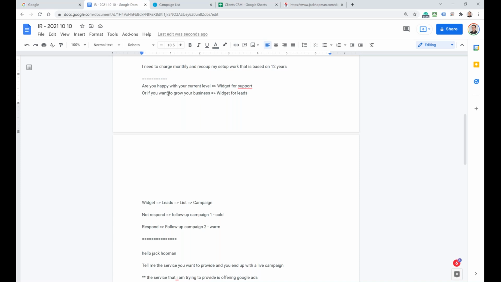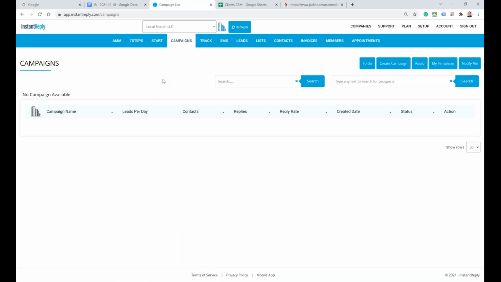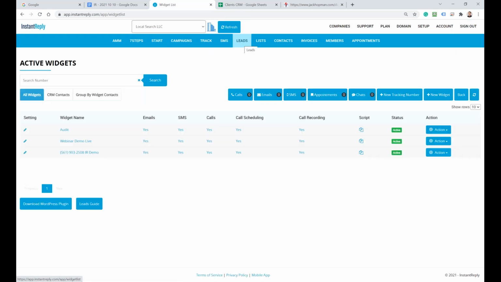Are you happy with your current level? Widget for support, yeah. Or widget for leads, yeah. So use a widget for support. So we are here, many of us are here for growing your business, correct? So you get those leads, and when you set it up, you go to leads, okay, and then